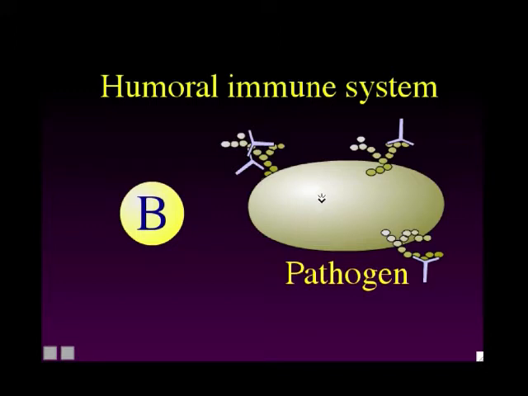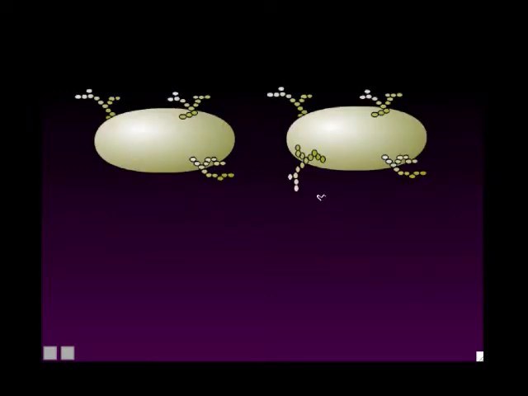Now, you might wonder, how exactly does those antibody proteins sticking to the antigens help fight off the pathogen? I'll talk about exactly how the antibodies help get rid of the pathogen here in a few minutes, but let me give you a preview first. So here's two different pathogens. Well, it's the same type of pathogen, but two copies of the pathogen, so to speak. And here's an antibody that's going to be against these pathogens. So each antibody is Y-shaped, and each point of the Y is a binding site for the foreign antigens of those pathogens. And so notice that because each antibody is Y-shaped and has two binding sites, it's able to link